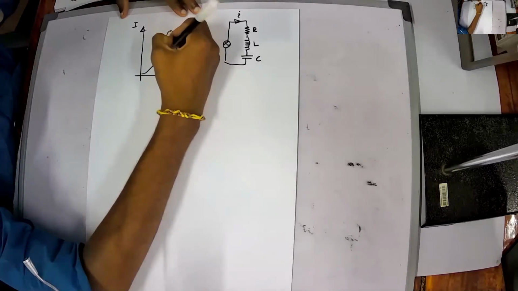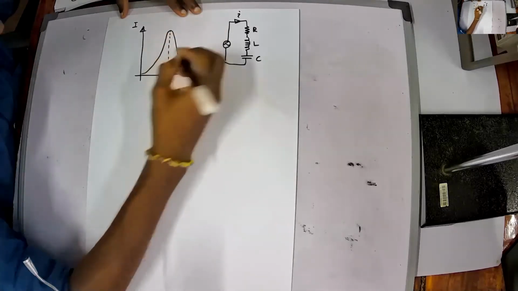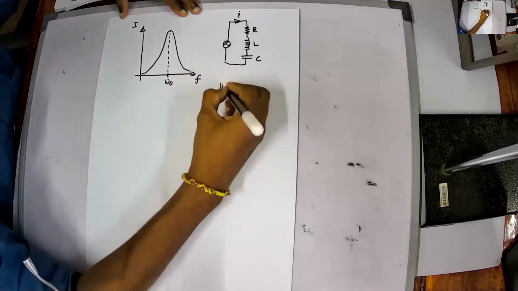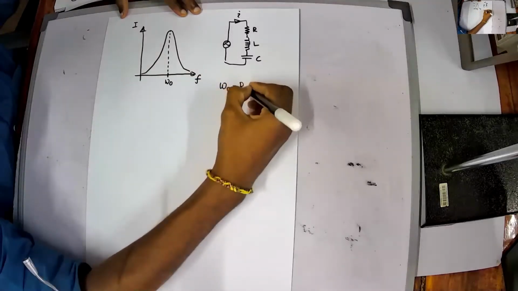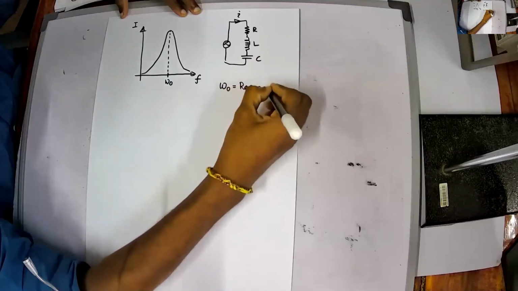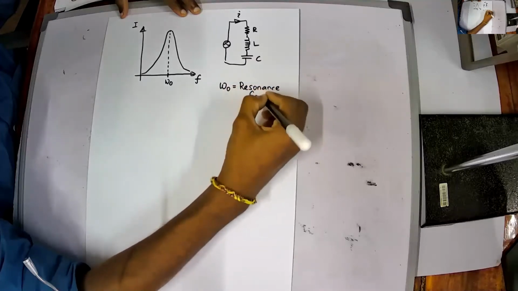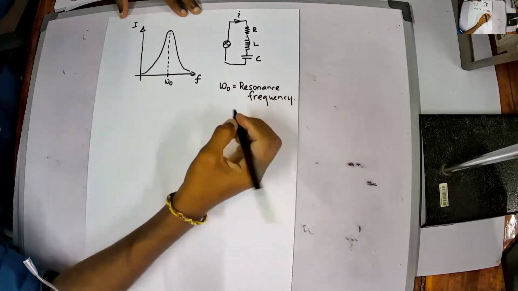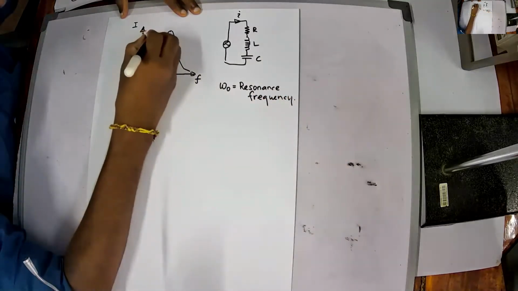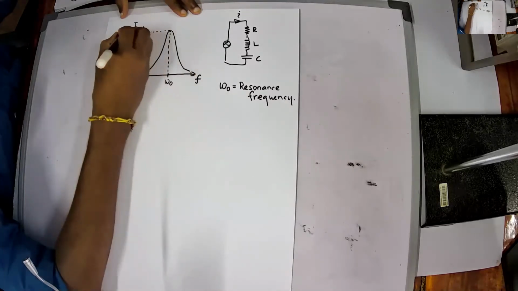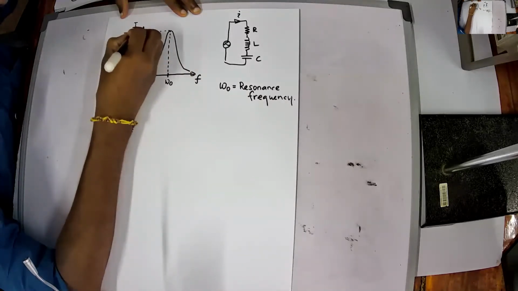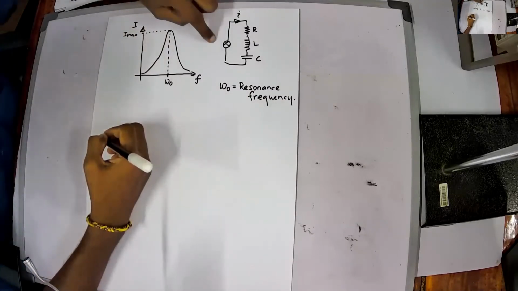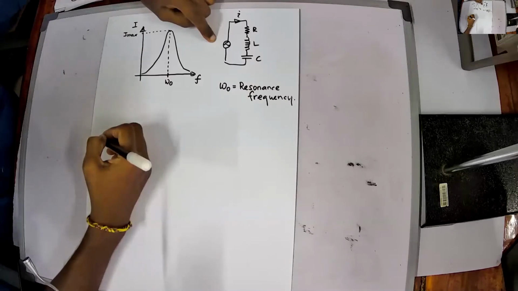Where you have your maximum value at omega naught, which is your resonance frequency. So omega naught equals resonance frequency. Okay, so this will be your I max. Am I right? This will be your I max. So I max will be simply V out over